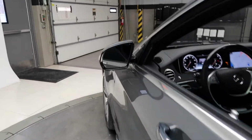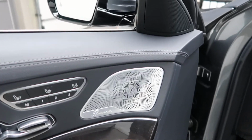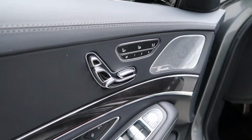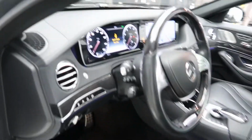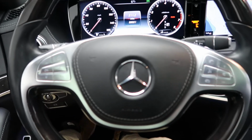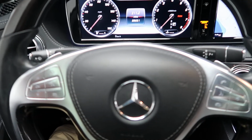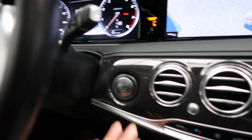assist, active lane assist, Distronic Plus with steering assist, Premium 1 package with Burmeister sound system, heated and cooled seats, illuminated door sills, heated steering wheel controls with Bluetooth capabilities, paddle shifters for extra performance, a wood and leather steering wheel, push start ignition,